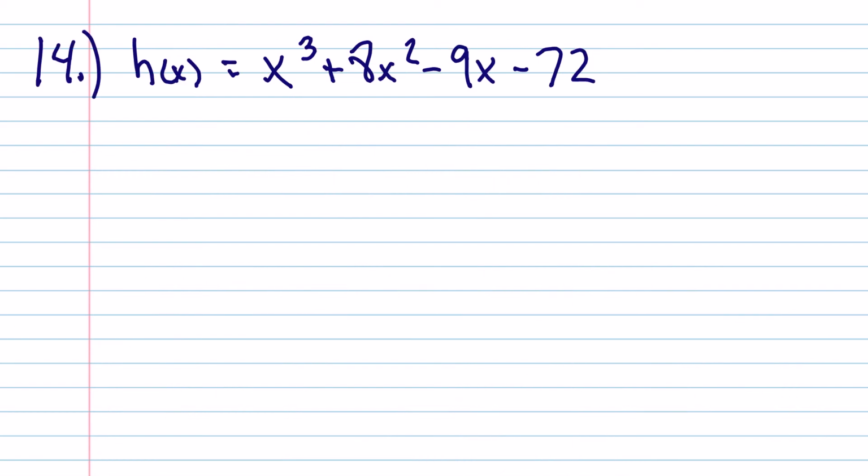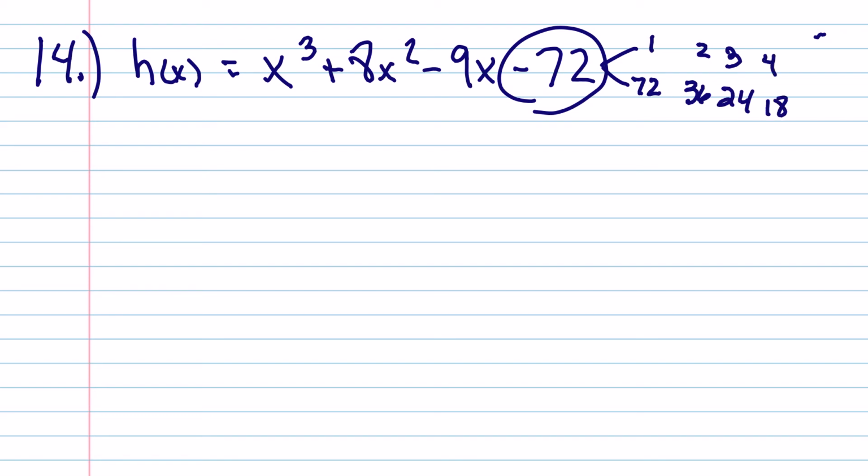Moving on. Alrighty, 14. Exact same problem as 12. We're going to go through the whole thing. I have to find the p, which is 72. How do I get 72? Well, I could have 1 and 72, 2 and 36, 3 and 24, 4 and 18, 6 and 12,